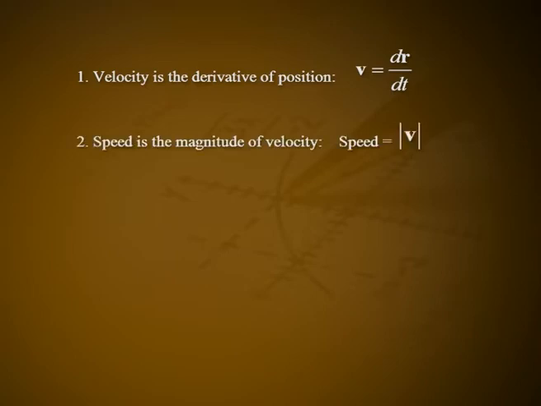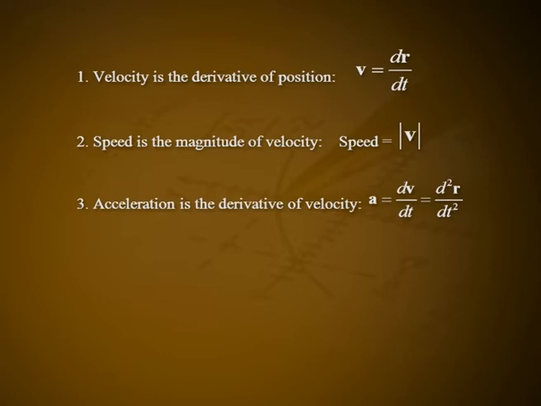At any time t, the direction of v is the direction of motion, the magnitude of v is the particle speed, and the derivative vector a = d/dt of vector v, when it exists, is the particle's acceleration vector. In short, velocity is the derivative of the position, v = d/dt of vector r. The speed is the magnitude of velocity, speed = modulus of vector v.